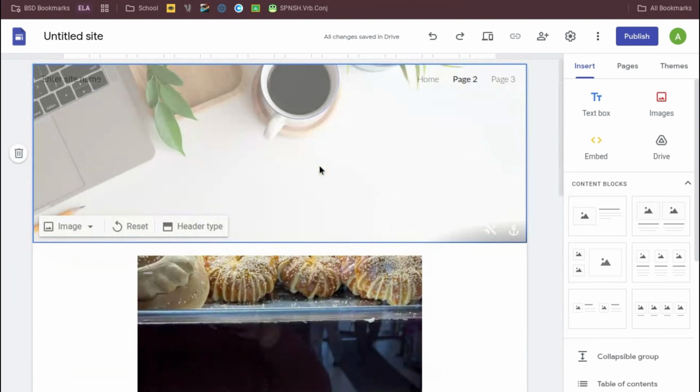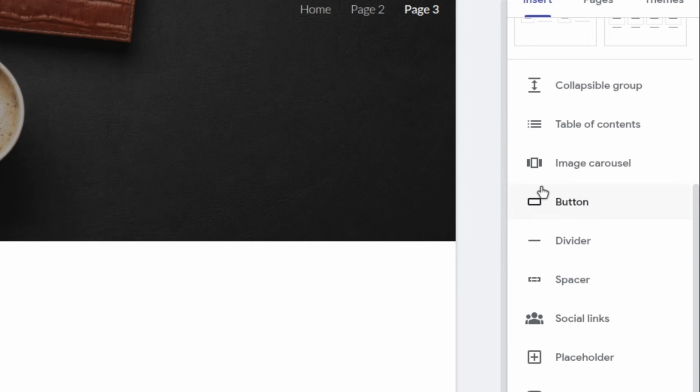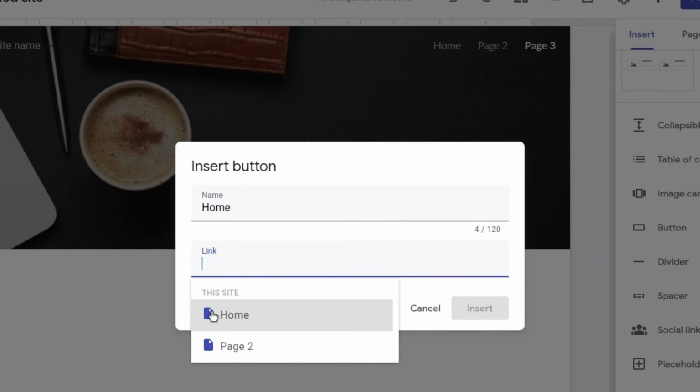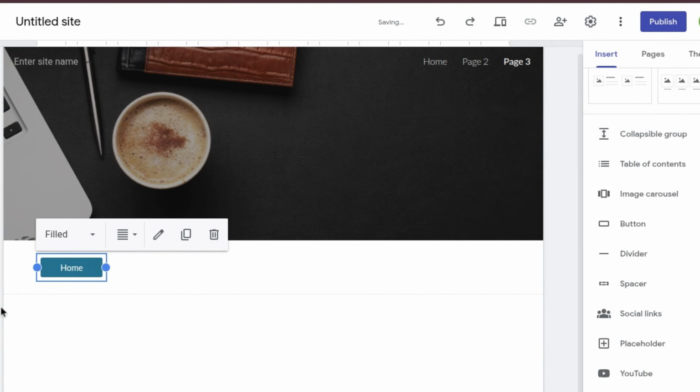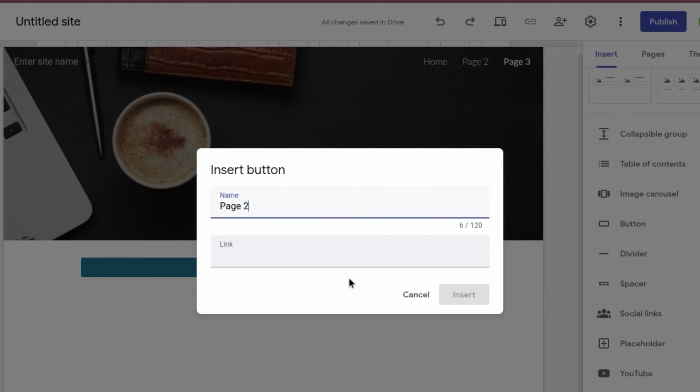adding buttons. I'm on page 3 this time, and in the Insert tab, we scroll all the way down to Button. You'll see a pop-up that says Insert Button. You can name it whatever you want, and after you name it, you can link it to whatever page you want. After you've done that, you will see a rectangle that pops up. You can adjust the size, you can adjust the position, and you can also add multiple buttons like I'm doing